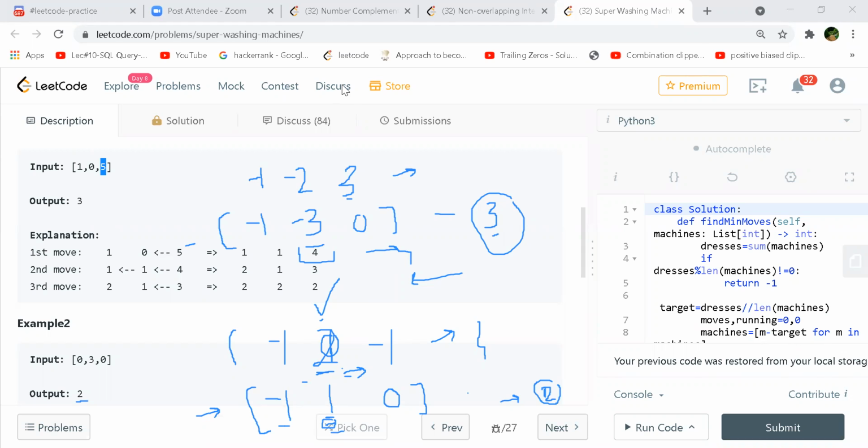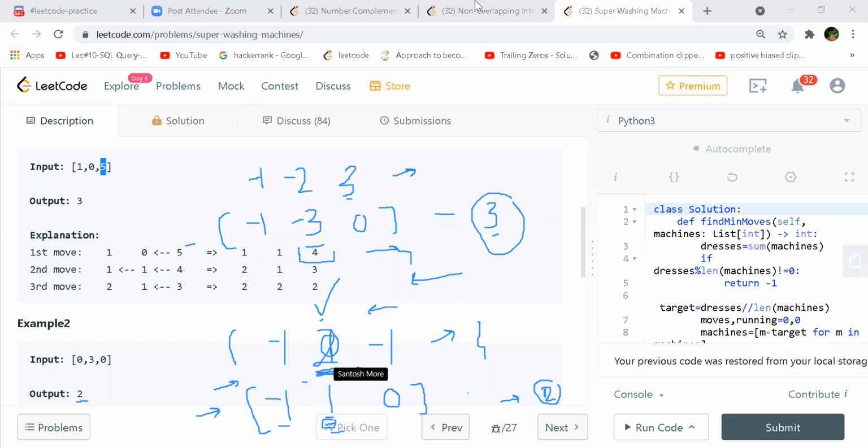But if your current max so far is smaller than your surplus in your surplus deficit array, then you should take the highest value, that is the surplus value. That makes sense, right? Because in this case we are only looking from left to right, but this value actually tells us that we have to do a movement from right to left also. So if you take this surplus value, we don't have to do another right to left pass, because we can just look for whatever is the surplus, and take it.